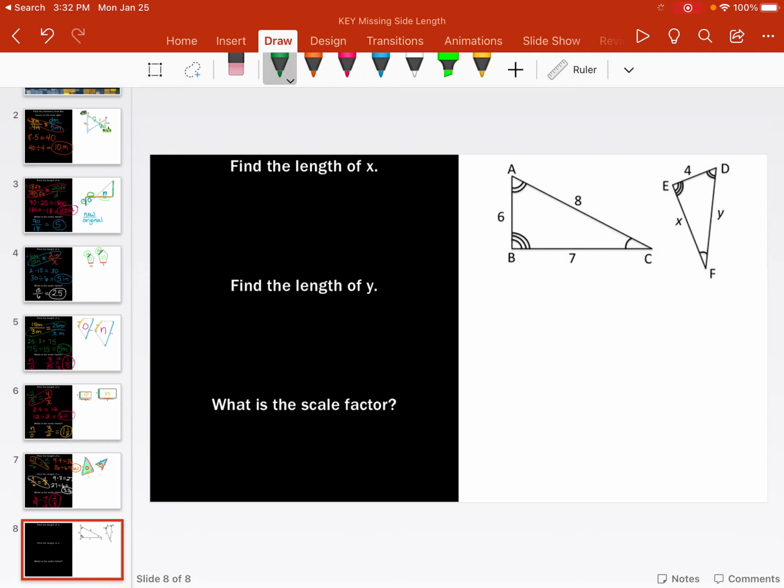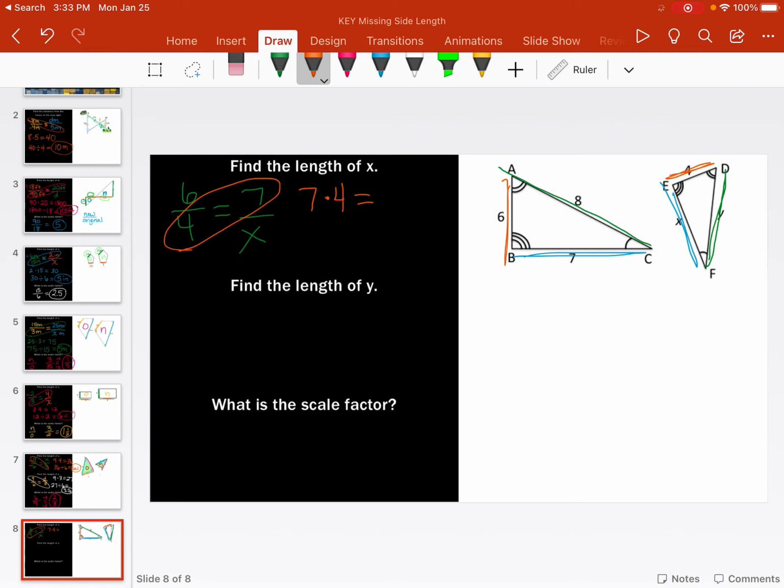Okay, let me show you my sides. So from 1 to 2, 1 to 2, those match. 2 to 3, 2 to 3, and 3 to 1, 3 to 1. Okay, so for finding X, X is this blue one, so I'm going to have to use the blue and the two that actually match, which was my orange, so I'm going to go 6 over 4 equals 7 over X. Cross multiply, 7 times 4 is 28, and then 28 divided by 6,